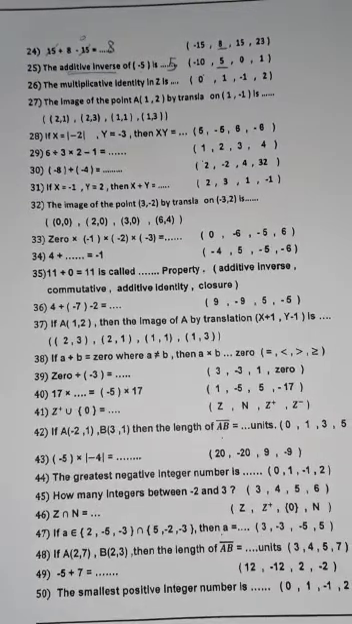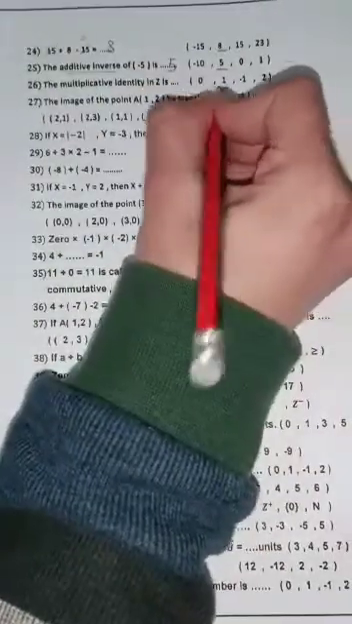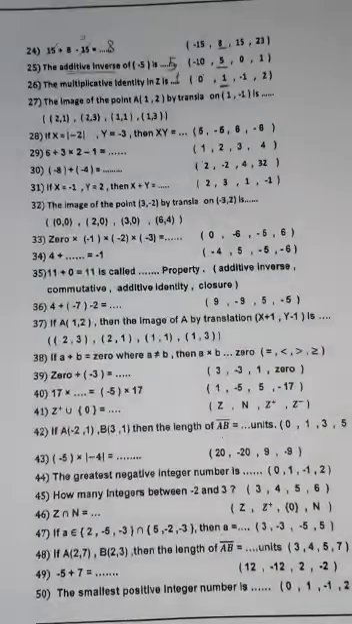Question 26. The multiplicative identity in Z. We know that the additive is 0 and the multiplicative is 1. Excellent. 1. 27. Listen carefully. The image of the point A, 1 and 2 by translation